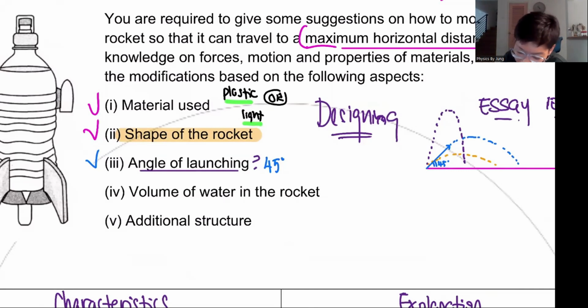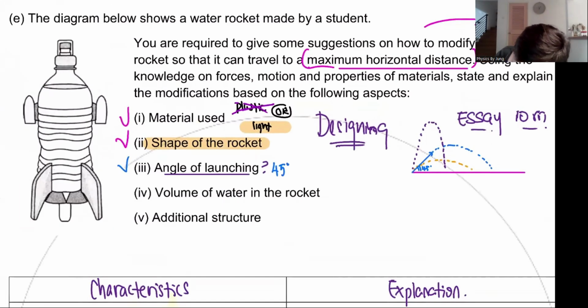The answer is, because plastic is light, we always write characteristics. Don't write the name of the material. Describe the material. Remember, you are supposed to say the properties of the material. The biggest common mistake is people go and name the material. I ask you a question: for an aeroplane or rocket, what material do they use? It's aluminium and ferrum composite called duralumin. You don't even know the name. In SPM, they don't expect you to name the material, but you have to tell me that the material needs to have characteristics like durable, stronger and so on.